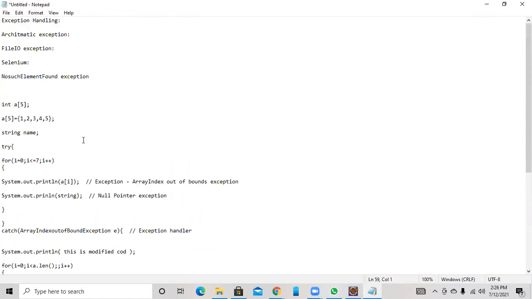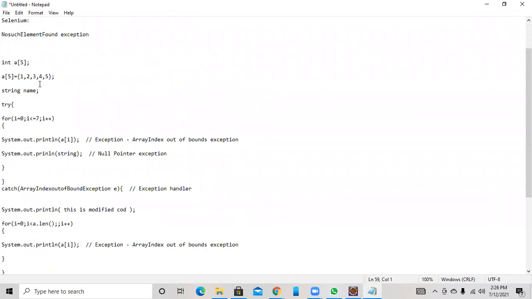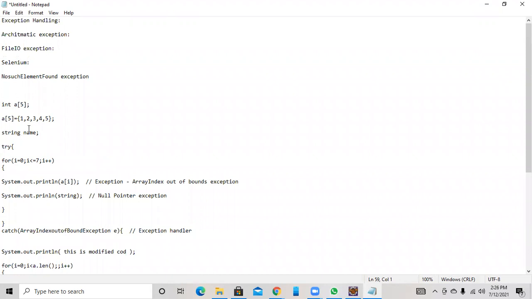If you look here, we have two lines of code. If there is an exception, immediately it exits the program. If any error occurs in the program execution, it does not execute the System.out.println of the string. Immediately it exits. The rest of the code will not be executed.